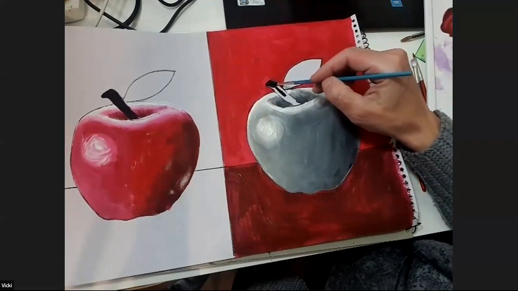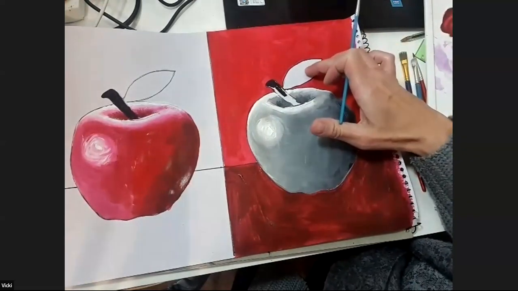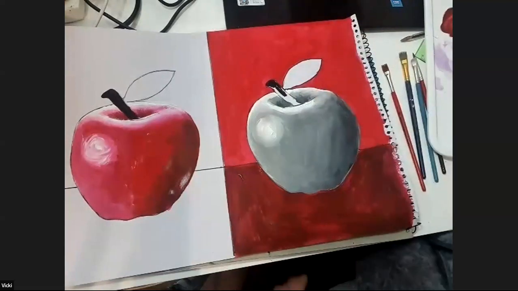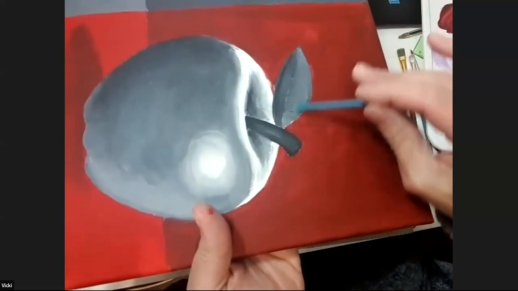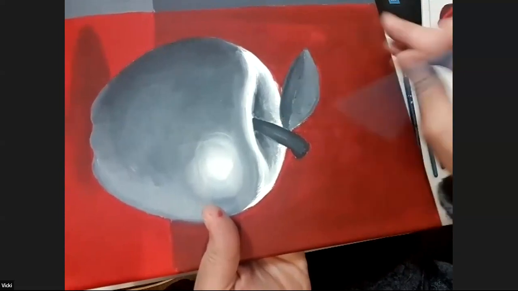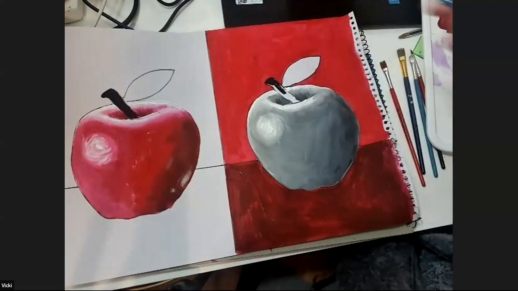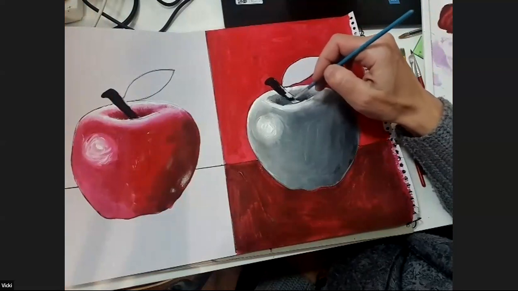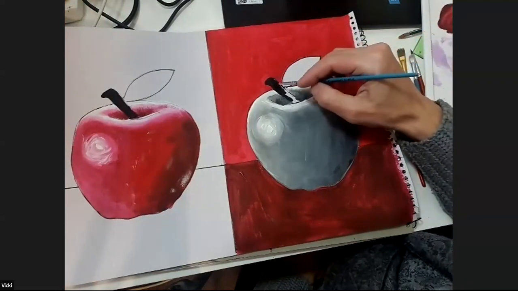Now, who can tell me what color this leaf is going to be? Let's have a look at the example. What color is my leaf on this one? It's gray. Yeah, it's mid-gray with a little bit of shade as well. So I want everybody to first paint their stem, and then